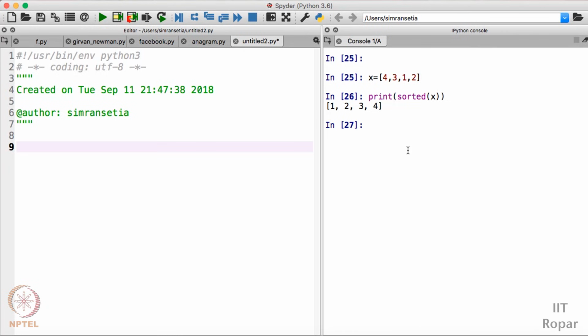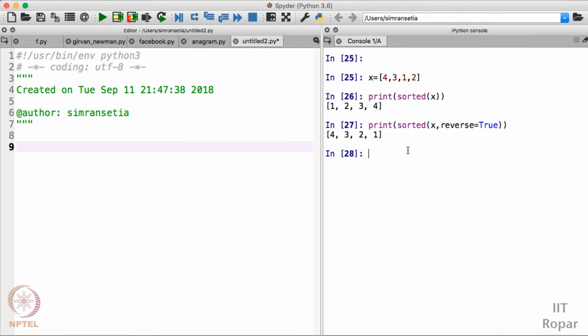So if I want to sort the list in descending order, what should I do? Well, we have a way here. We have sorted x, and we pass another parameter named reverse, and I'll write True. Let us check whether it works or not. Yes, it works. If I write reverse equal to True, then it will sort the values in descending order. I repeat, the sorted function sorts the values in ascending order, and if I write reverse equal to True, it will sort the values in descending order. This is how you can use the sorted function.